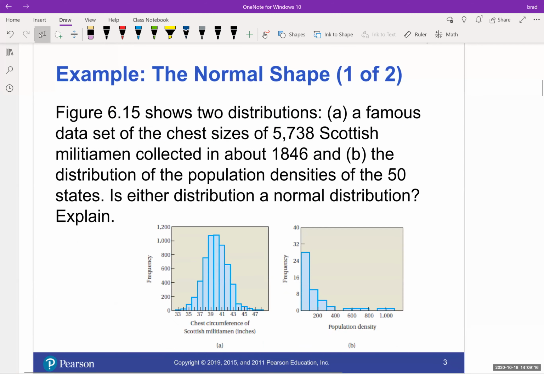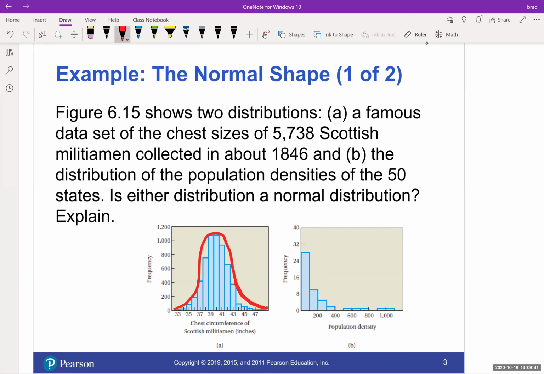Now, the normal shape. This figure below shows two distributions: a famous data set of chest sizes of Scottish militiamen collected in about 1846, and the distribution of population densities of the 50 states. Is either distribution normal distribution? Explain. So if you look right here, if I were to try to draw this,